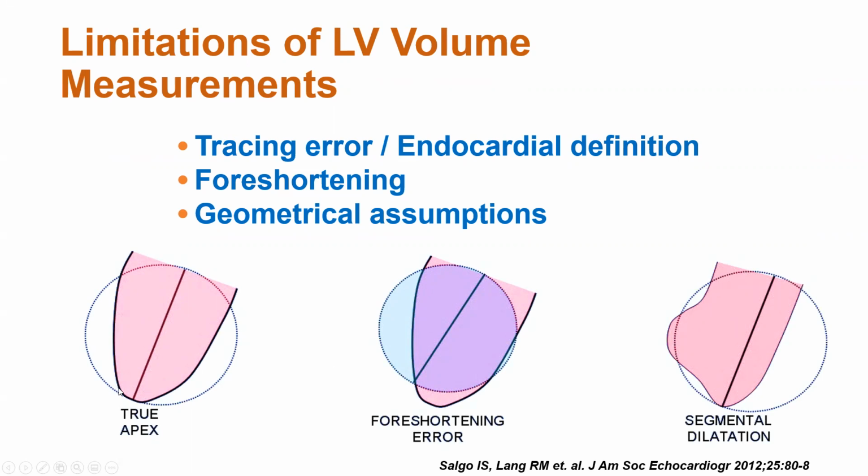If your true apex might be here, but your image might be foreshortened, which we will talk about in upcoming slides, you will miss the true length of the left ventricle. Sadly, this foreshortening happens a great deal in clinical practice. In addition, you may have segmental dilation that you miss if your two-dimensional imaging plane is not ideal. With 3D echocardiography, you have a better chance, by acquiring a three-dimensional data set, of overcoming these errors,